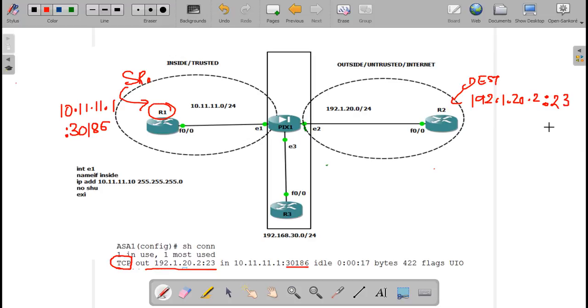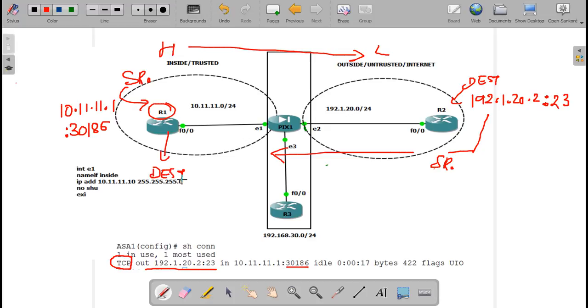The connection was initiated from high security level to low, so that's why you could go through the firewall. The second rule was for this traffic, because this was TCP traffic. For TCP traffic, implicit inspection is done, and because of implicit inspection, a reverse entry is created. That would be for your incoming packet. So for the incoming packet, this IP will become the source, and this IP will become the destination. And this entry will be present where?